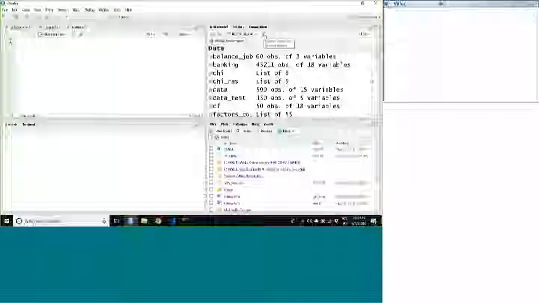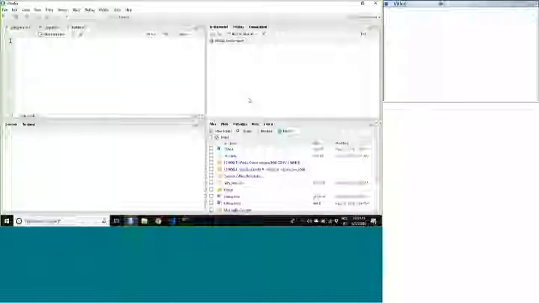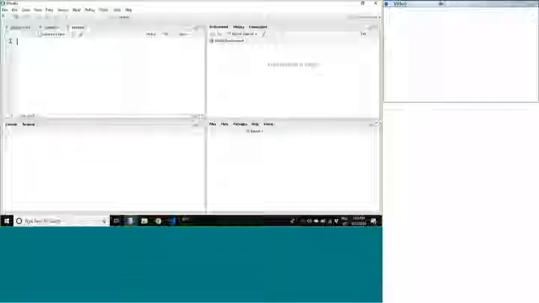Or if you want to start everything from scratch, you can clear objects from the workspace using this brush icon, which will just remove every variable that was stored earlier. So right now it's like a fresh RStudio that you have kept open. And in the bottom right, you will see a lot of different options, like in the current working directory, you have these many files, and if you plot anything, it will come in this page,